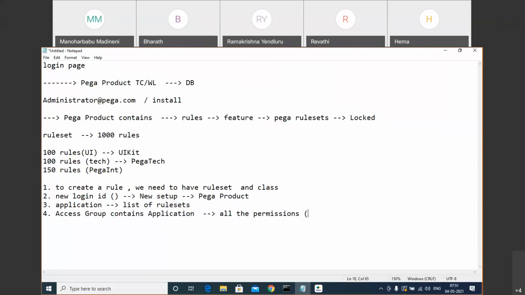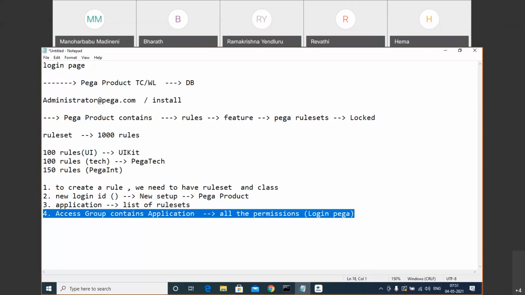Let's say the login page: what kind of login page needs to be there for this particular operator ID, what kind of permissions, what kind of role he's having. Let's say if it is a bank, whether he's a manager or a user or a relationship manager, whatever it is, his permissions and whatever components he has access to, all those things will be decided by this access group.